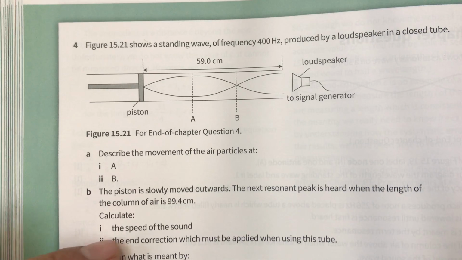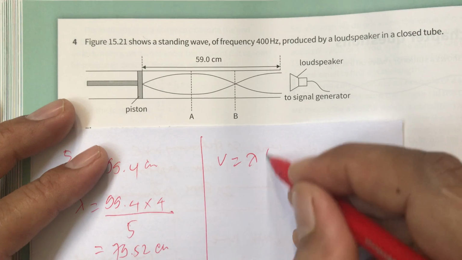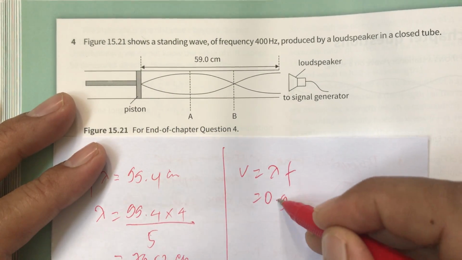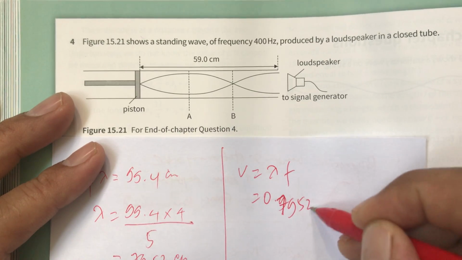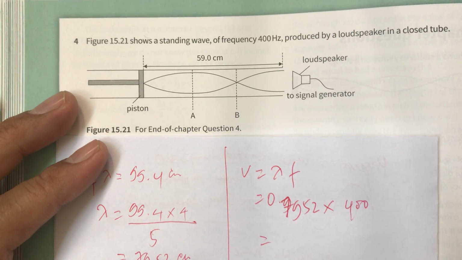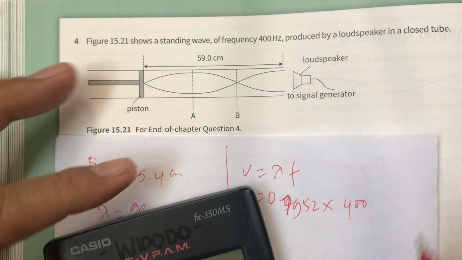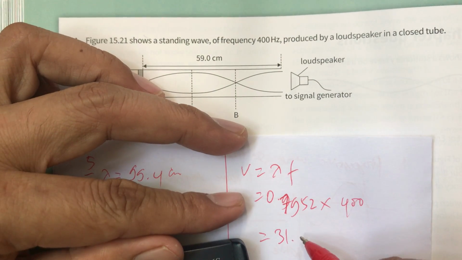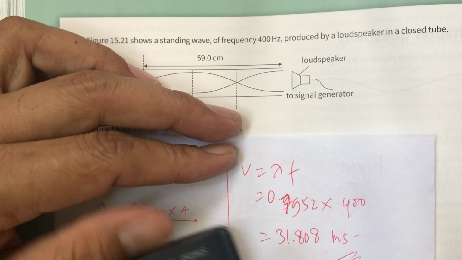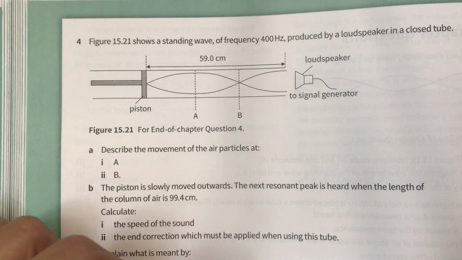If we calculate the speed of sound, the speed of sound is lambda f. Lambda is 0.7952 times the frequency, 400. So we calculate and get 318.08 meter per second. Yes, this is the speed of sound. So the end correction must be